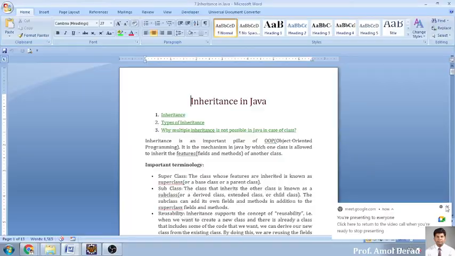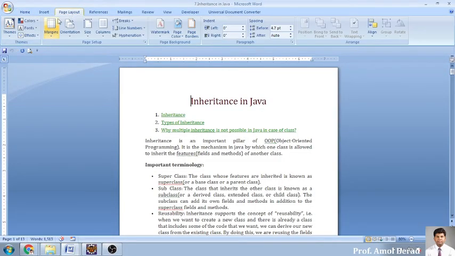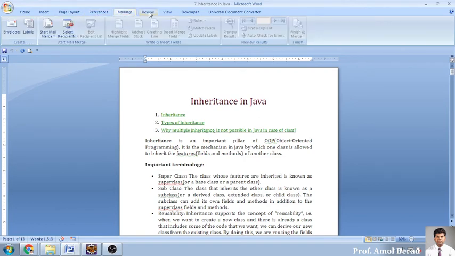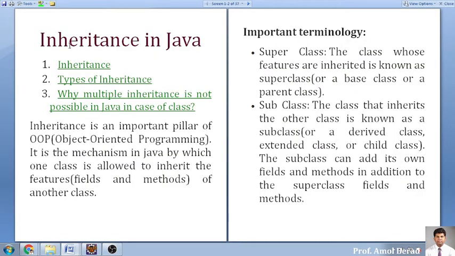Okay, we'll move further to another concept called inheritance now. This is the most important concept. We will go through terminologies for 5 to 10 minutes, and then tomorrow we'll go into the actual demonstration. Now inheritance in Java, types of inheritance, we need to understand what types of inheritance there are, and why multiple inheritance. This is the most crucial question asked whenever you go for interviews.